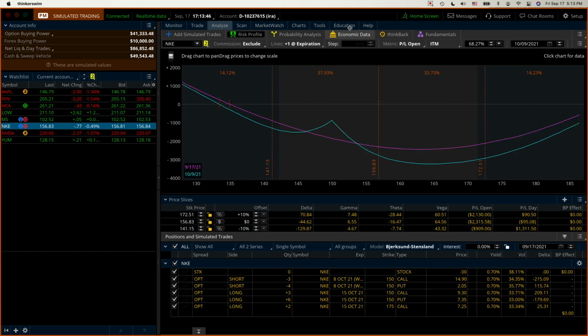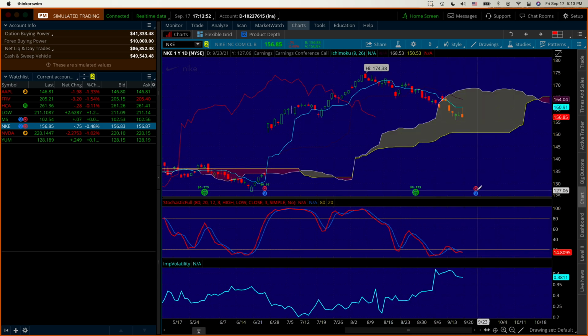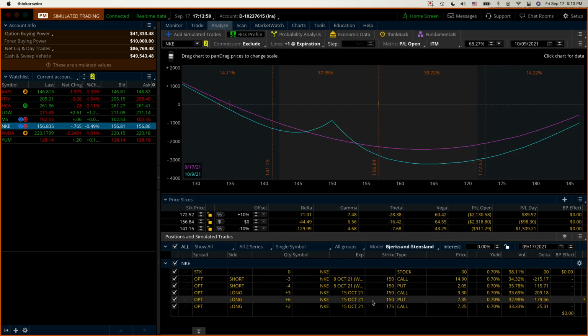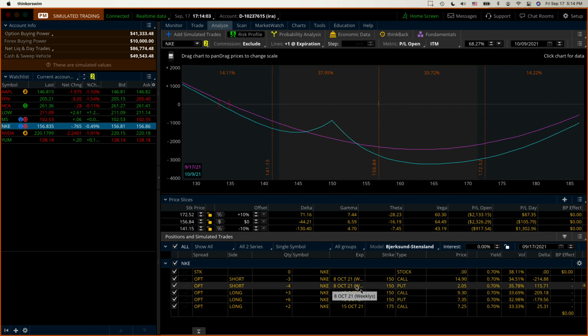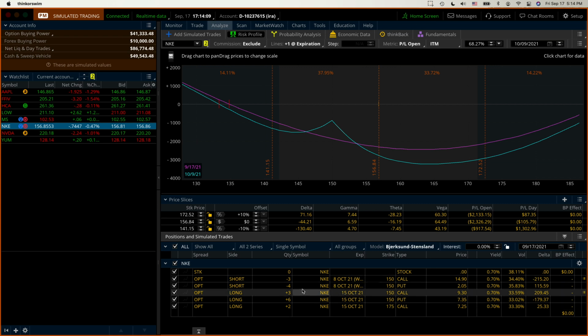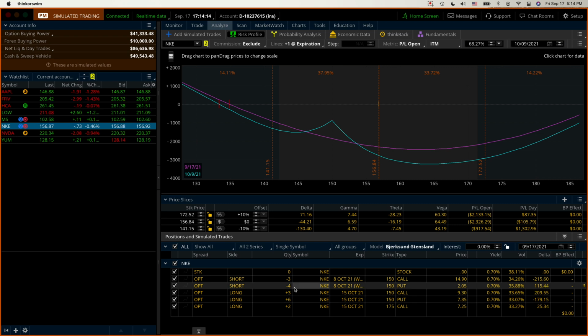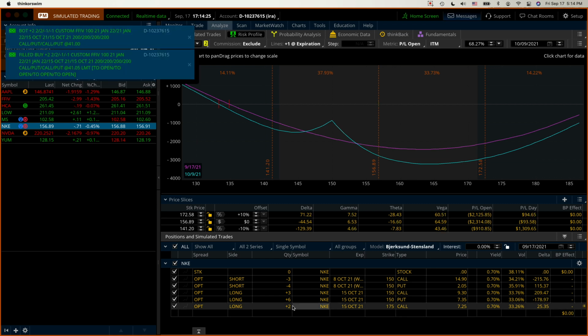Okay, Nike has been going down. Let's take a look at the chart. Oh, okay, so earnings are coming up. So we either close the position or neutralize it again. And it's negative, so we can increase the number of puts. Yeah, how about we increase the number of puts by, you have 2 long puts, 6 long puts, short, long, short, 4 short puts. We have 3 long calls at 150 and 2 at,